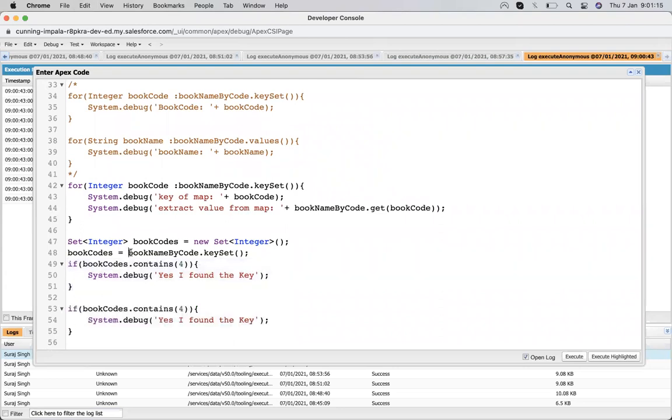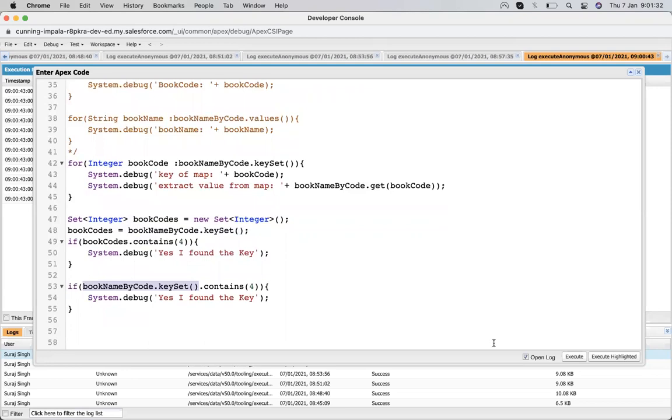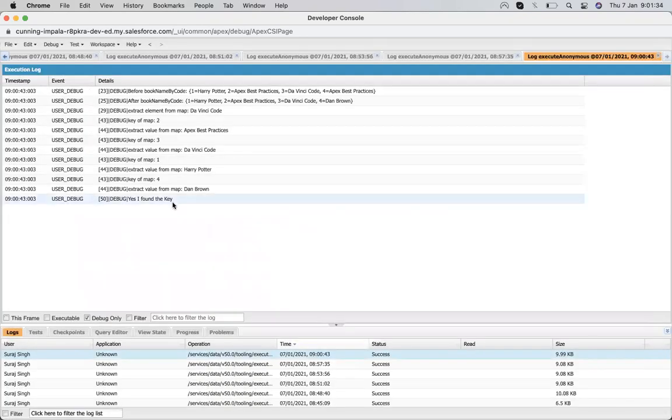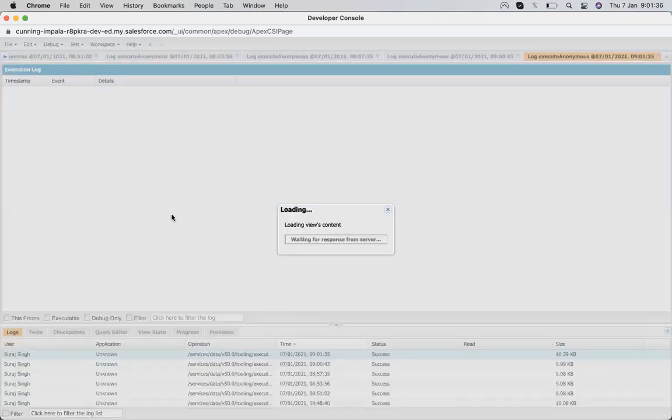Since its return type is a set, instead of declaring a set, we can check it this way. It will also behave the same way because its return type is a set. Let's execute it. You can find it will show, yes, I found the key.